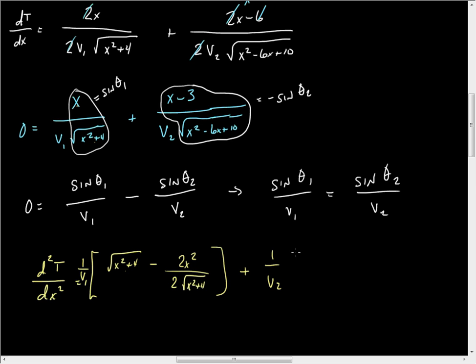And this is going to be the derivative of the top, which is 1, times the bottom. So you have the square root of x squared minus 6x plus 10, minus the derivative of the bottom, which of course, again, is 2 root x squared minus 6x plus 10, times the derivative of what's inside times what's upstairs, which is going to be this x minus 3, times the derivative of what's inside, which is 2x minus 6, times the top, which is x minus 3. Okay, so now if I do this out,